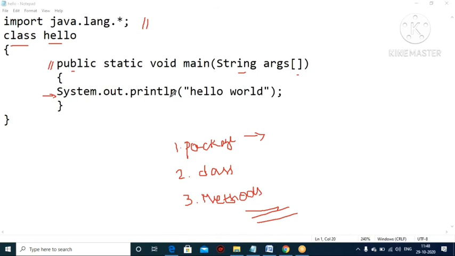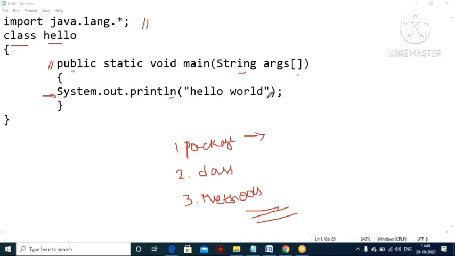Ln means next line. So in println, within double quotes you give your message. Whatever message you want to display is written inside the double quotes. That is the rule.